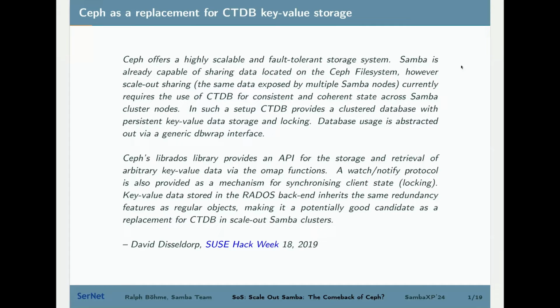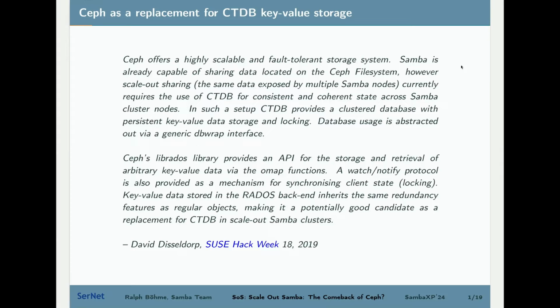In such a setup, CTDB provides a clustered database with persistent key value data storage and locking. Database usage is abstracted out via a generic dbwrap interface. So that's an interface that Samba uses to talk to a database backend.